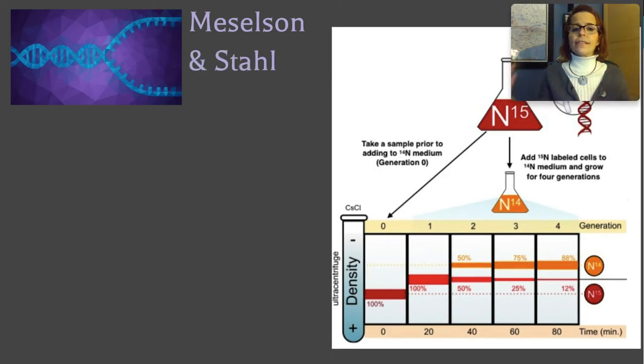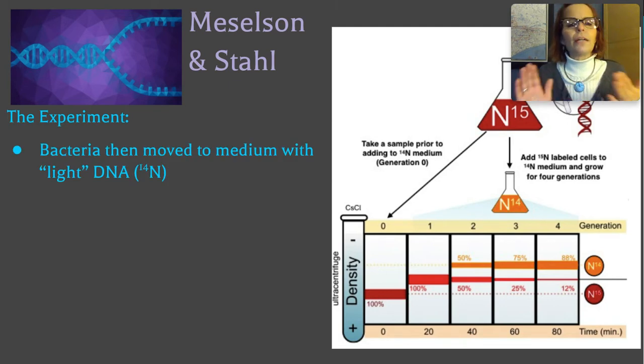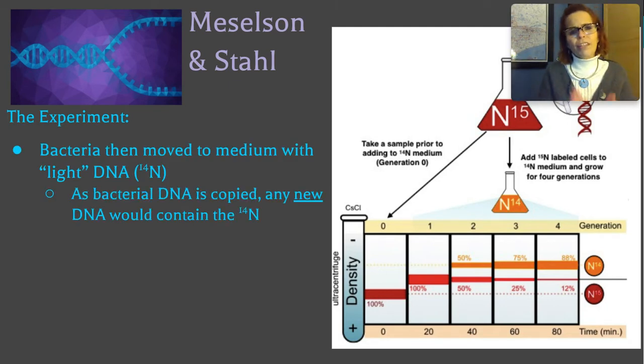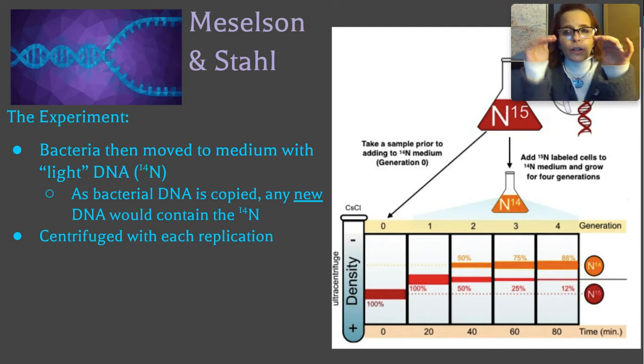Then the scientists remove them from their nitrogen 15 medium and grow them immediately in a lighter version of nitrogen called nitrogen 14. So now, as the bacteria replicate their DNA, as they copy their DNA, any new DNA is going to have a lighter mass. It's going to have less mass because it's going to contain the lighter nitrogen instead of the heavier nitrogen. So again, they take a sample, they centrifuge it, they spin it around,